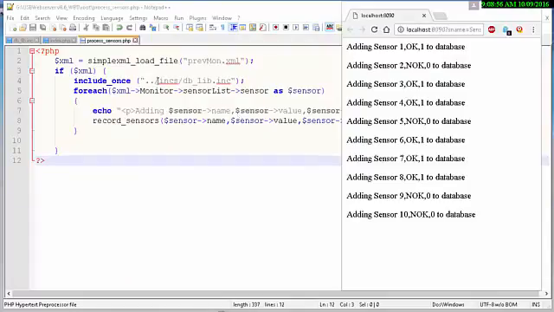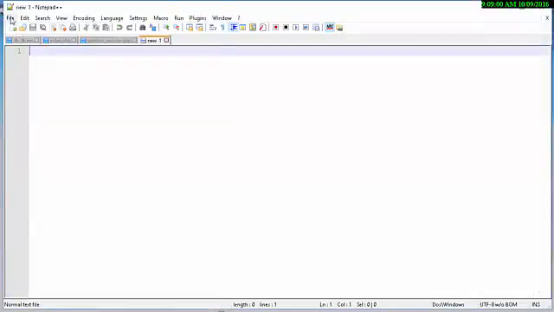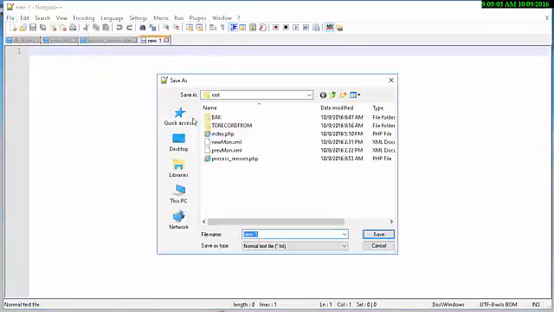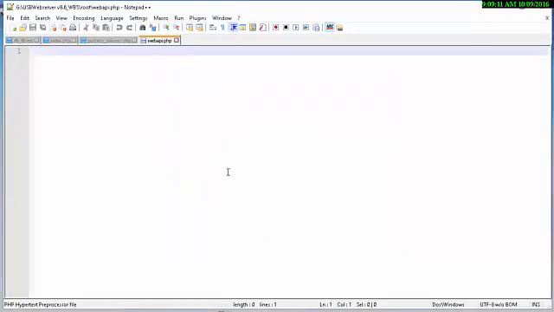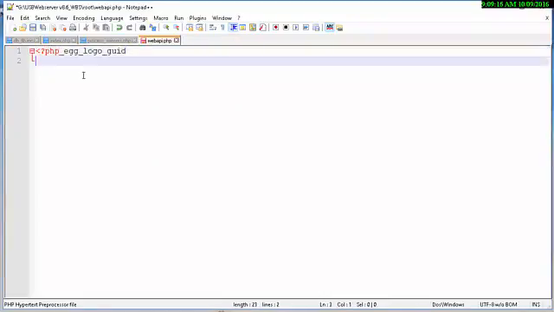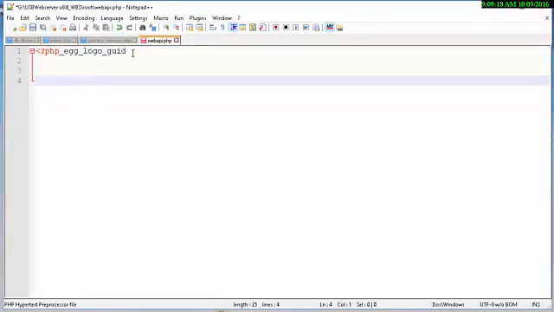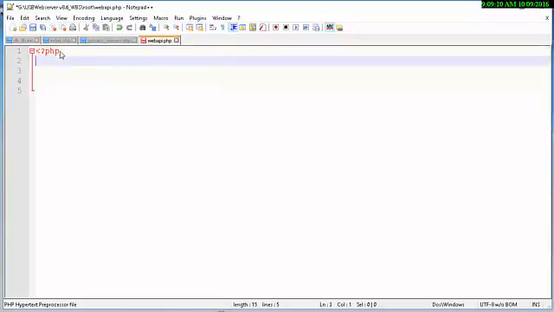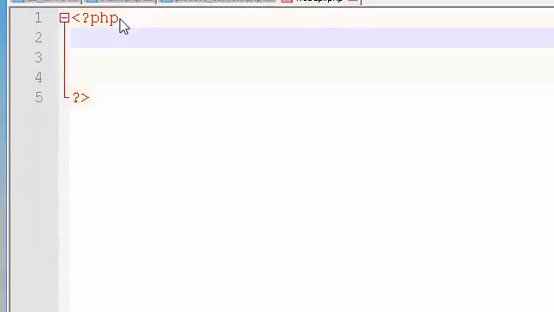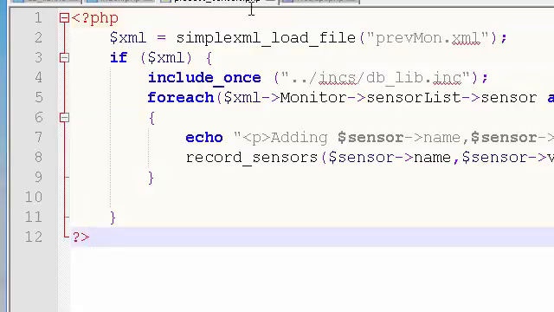So now that we have our data in the database, we need to create a new script, and I'm going to call this Web API. So I'm going to save this as Web API.php in the same area, save that. So now I have a Web API, which is a completely fresh script. I don't want to mix this up with adding to the database, because this wants to process the sensor data